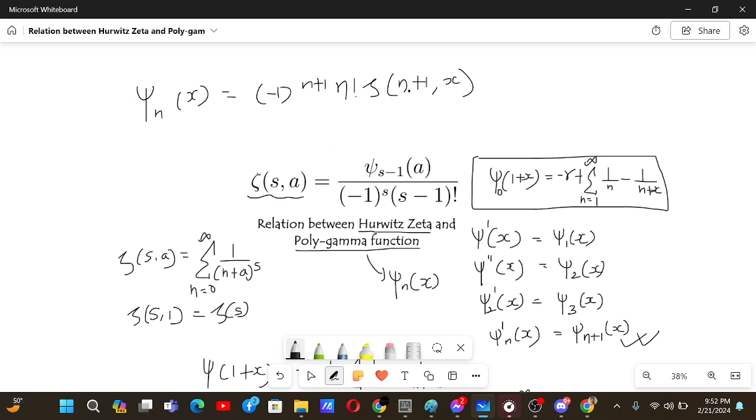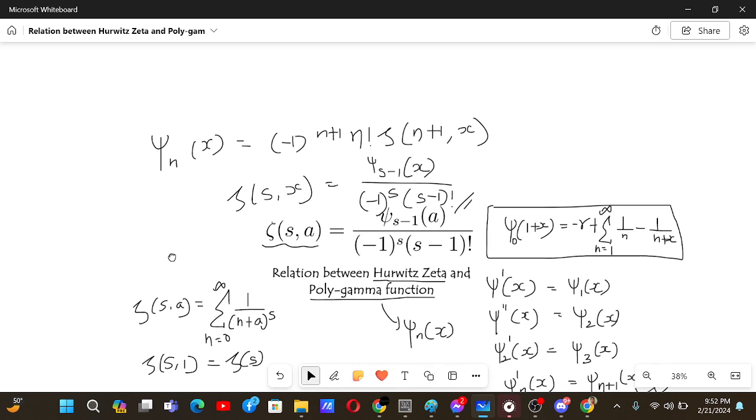Yeah, okay, so now if you have to convert this to this thing, you can replace n plus 1 by s. Yeah, and that gives us Hurwitz zeta of s comma x is equal to, now this will just be s minus 1, so polygamma s minus 1 of x by, now this is just s only, and this is s minus 1 factorial. So you see that we have just proved this expression. Yeah, and now we have these two formulas in hand, and we can use this to derive some more formulas,